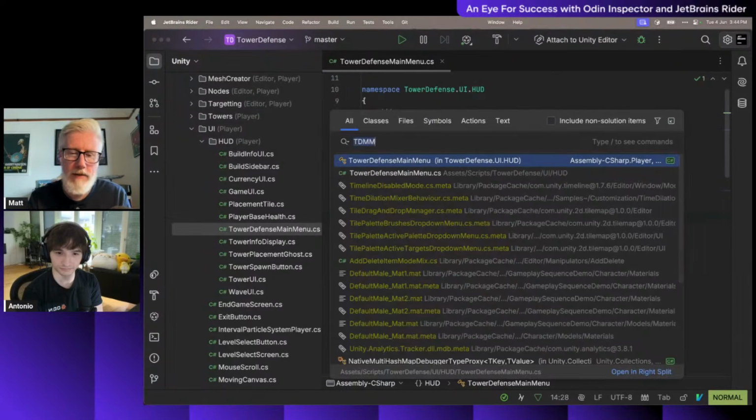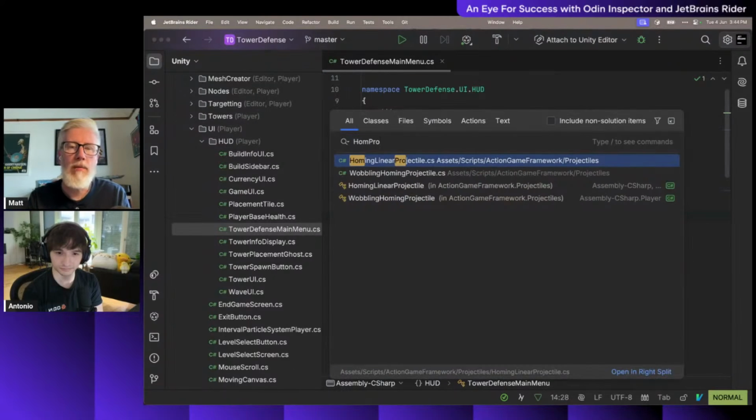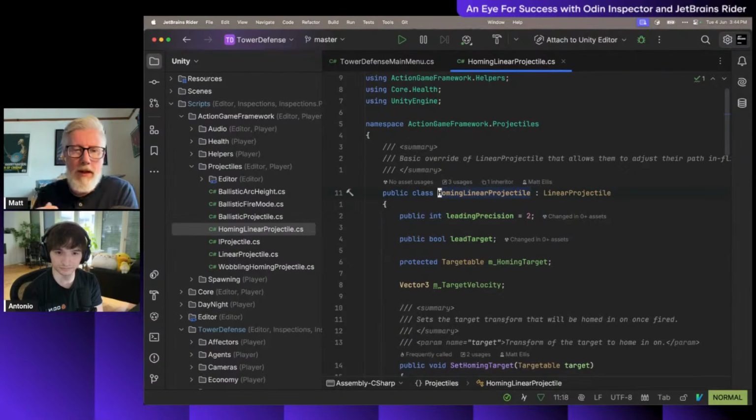I can do Shift again. Let's go to homing projectile. You don't have to be exact, and it can find the files and types for you, which is really useful. And so you've got a lot of navigation. We index your files as soon as we open a project. We also index your assets, and I'll come back to that in a minute. But once you're in your project,